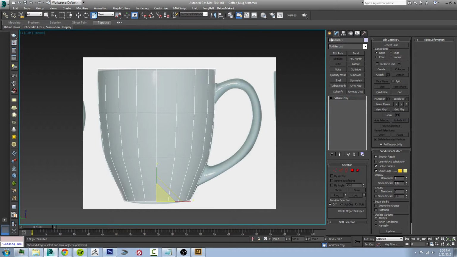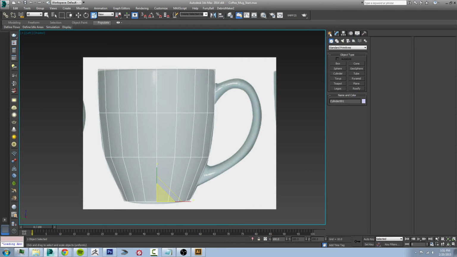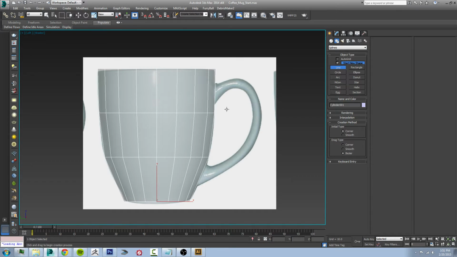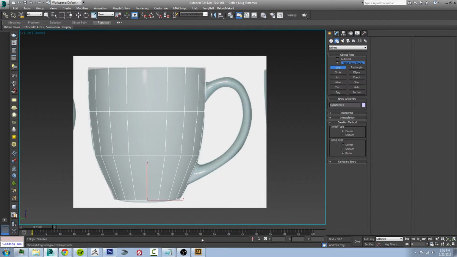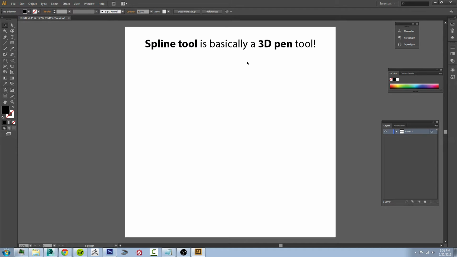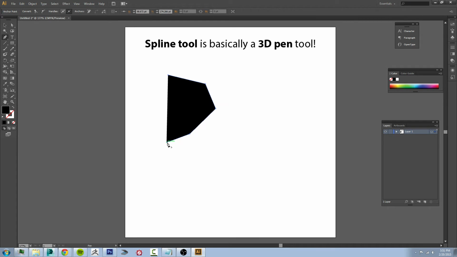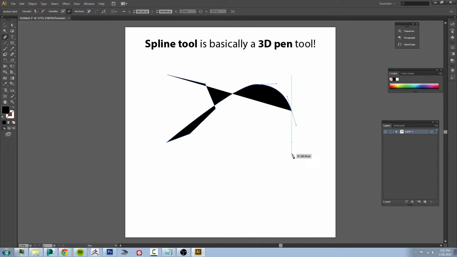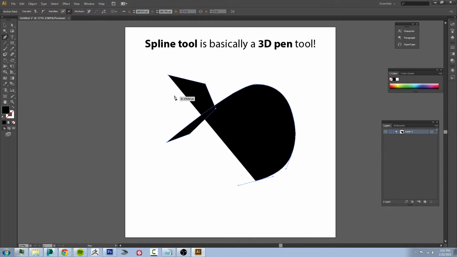And the splines are located under our Create tab. They're used to working under geometry, but this one we want shapes. And grabbing our line tool, we can begin drawing our handle. And if you're not familiar with splines, a spline tool is basically a 3D pen tool. So going over here, I'm going to get my pen tool out. So that means I can either click once and drag shapes like this, or I can drag nice curved lines. Obviously my final product isn't correct, I don't have the right settings, but hopping back into 3ds Max,